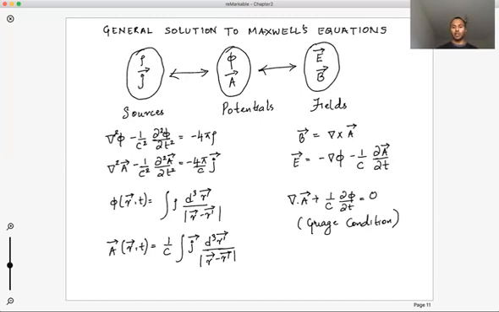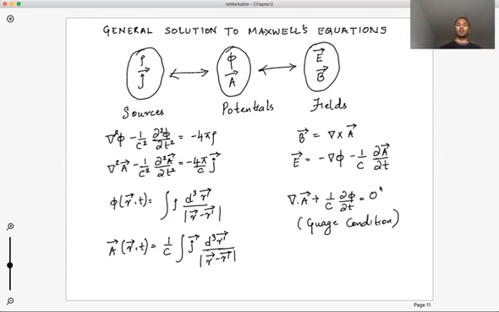All of this also hinges on something called a gauge condition, which I'm going to talk about when I go through the formal derivation. You might also have heard of this as gauge fixing. And this is the gauge condition. So you don't have to worry about what the gauge condition is right now. When we go through the derivation, you'll understand what the gauge condition and gauge fixing are. But just remember that this is called the Lorentz gauge, and we'll be using Lorentz gauge